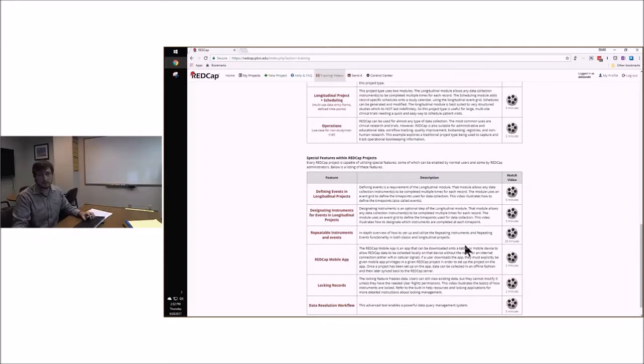the events. What I mean by events is that it's typically used for longitudinal projects where a participant might come in one day for the initial visit, and then might follow up 30 days later, 60 days later, 90 days later, etc. And then say if you have an instrument that you want to get,